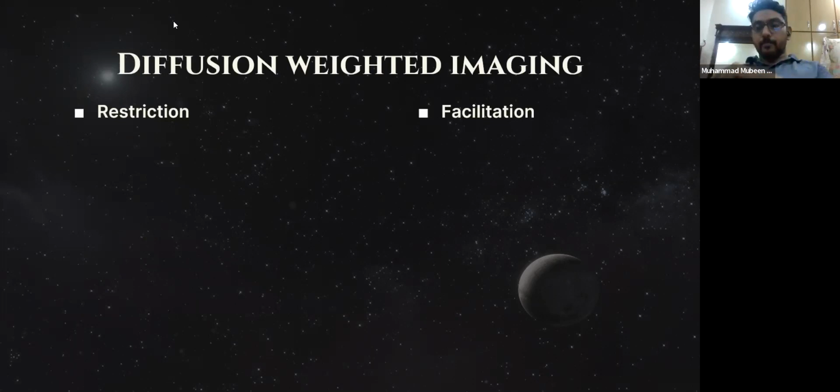But diffusion weighted imaging really takes a very short time, and many specialized stroke centers have a protocol in which they do a CT brain to see for hemorrhage, look for any acute